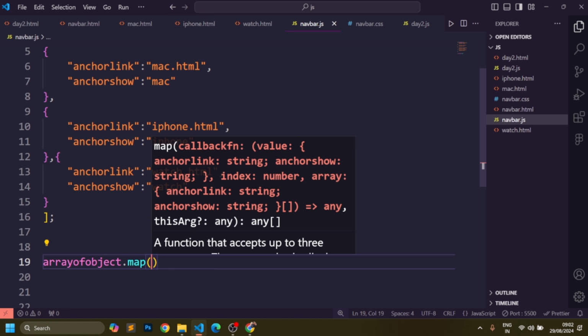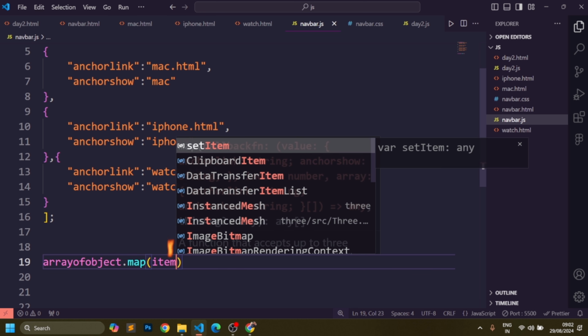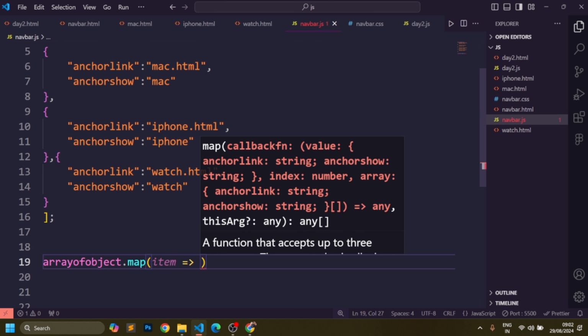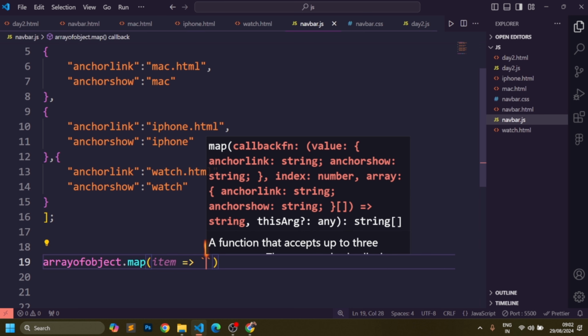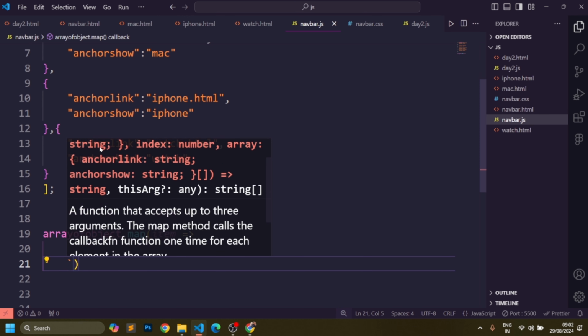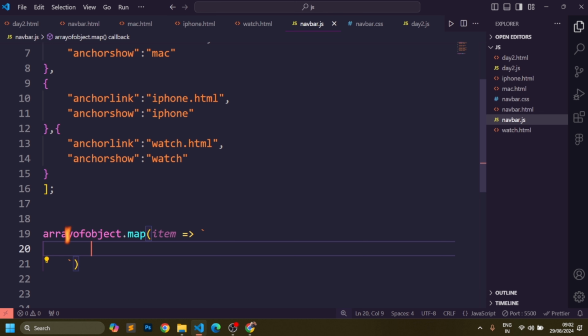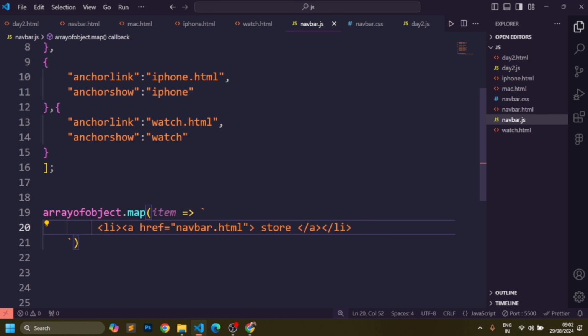Now I'm passing the callback, the function name item. Then you need a template literal or backtick, and the UI you have copied from HTML, you need to paste it. Now you can remove these paths and use template literal